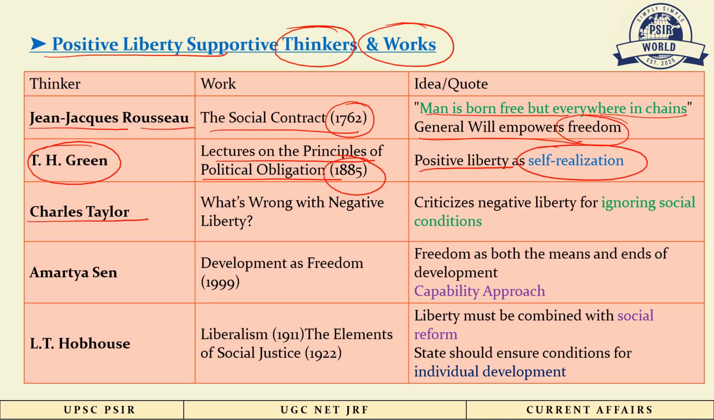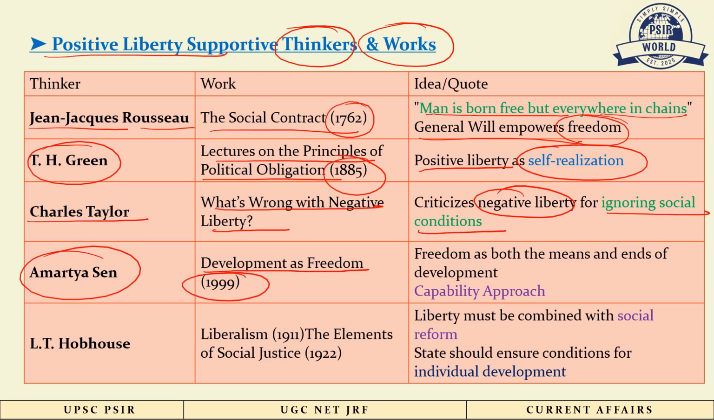Charles Taylor, his famous work is What's Wrong with Negative Liberty. He criticized negative liberty for ignoring social conditions like poverty, inequality, etc. Amartya Sen, his famous work is Development as Freedom, 1999. He believed freedom is both the means and ends of development, and he is famous for his capability approach. He believes that the state should make conditions such that a person is capable of achieving his potential